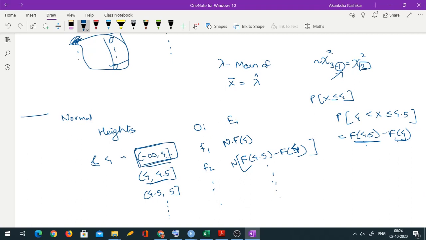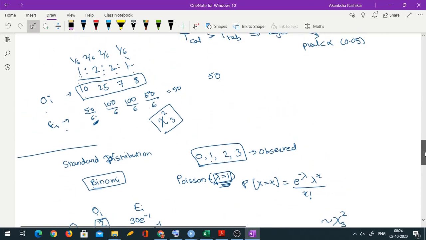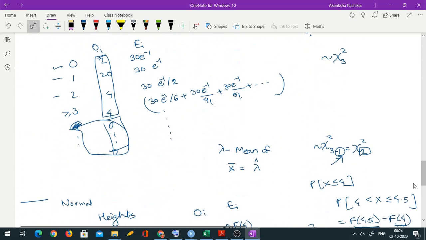There are a couple of precautions about the chi-square test. You are generally not supposed to use the chi-square test if your class frequencies are less than 4, especially expected frequencies less than 4. So for very small samples, you shouldn't use it. If expected frequencies are less than 4, in such a case maybe you can combine those classes. So maybe you take greater than or equal to 2 here instead of greater than or equal to 3 and 2 as separate classes, and so on. So this is about the chi-square test for goodness of fit.